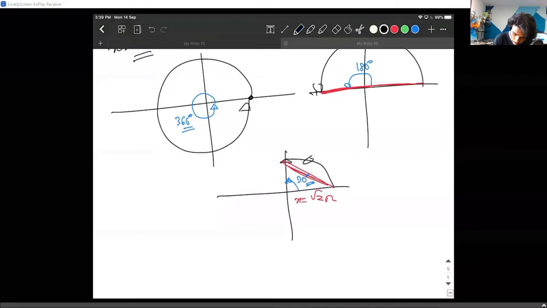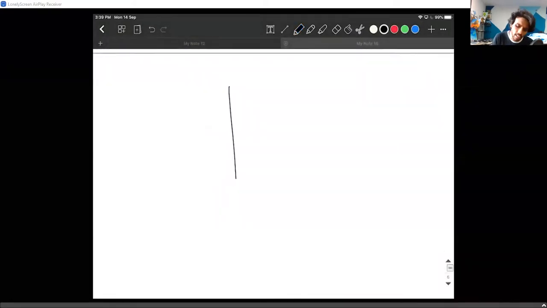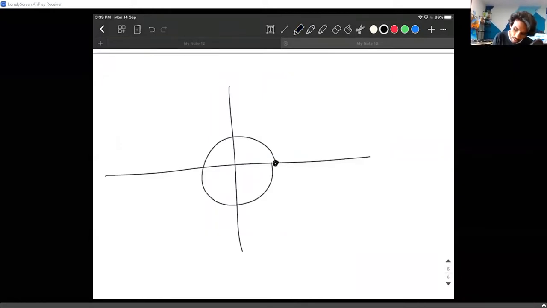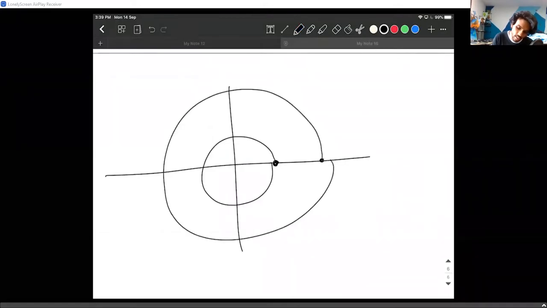Let me give you an example. They might ask you in a different problem. Let us say a particle started here going around a circular motion. Another particle started here and is going around a circular motion. They both came here. Clearly the outer particle traveled more. If you're talking about linear kinematics, it clearly traveled more distance. But if we're talking about angular quantities, they both cover the same angle. So the angular displacement of both the particles is actually theta.